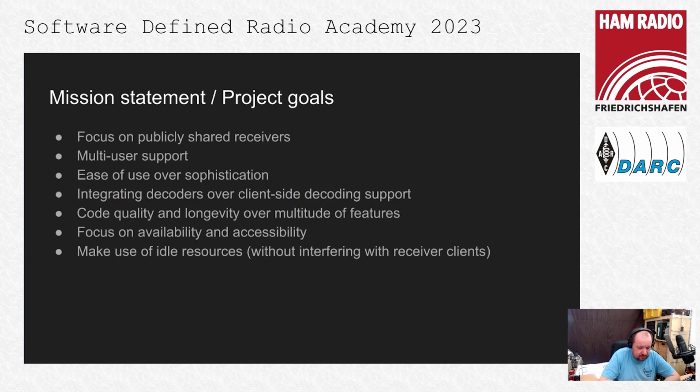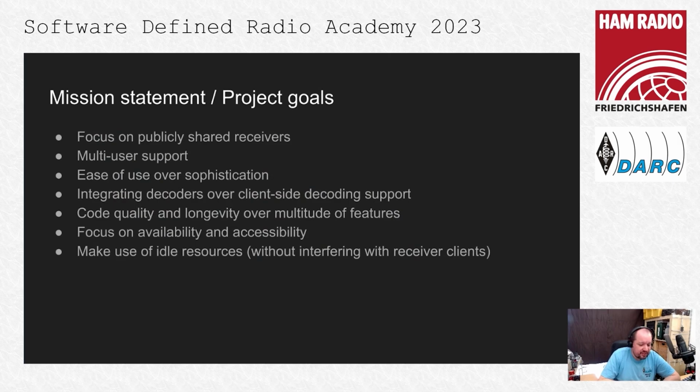Now, where do I think the project should go? Where do I put the focus in the development work on OpenWebRX? The main focus is that it's supposed to be software that you can install at an interesting receiver site, where you have interesting antennas, interesting locations, or are able to receive interesting signals. That usually is when you have a good and silent position for shortwave, or a very exposed high location for VHF and UHF, stuff like that.